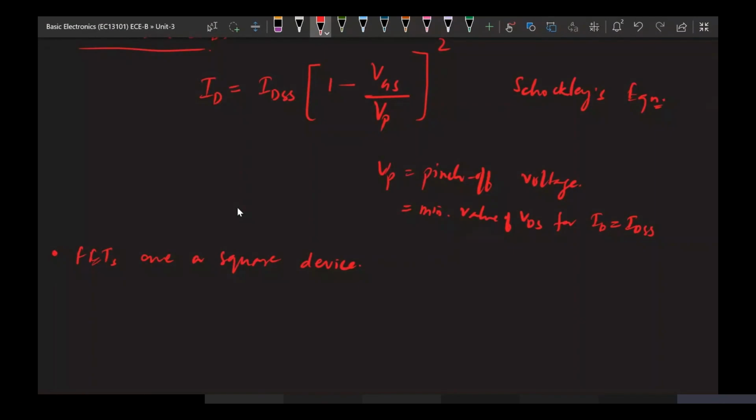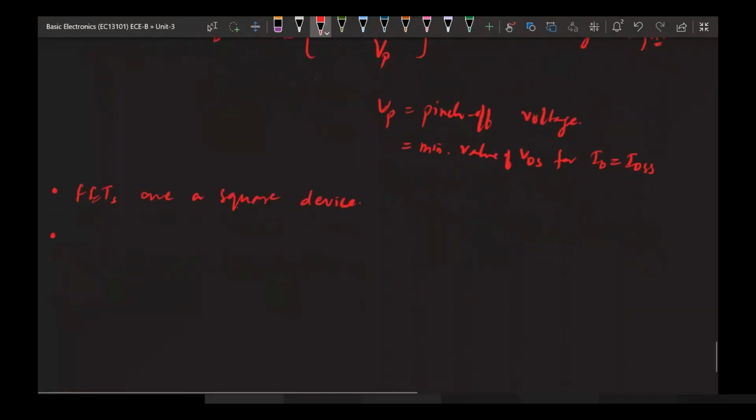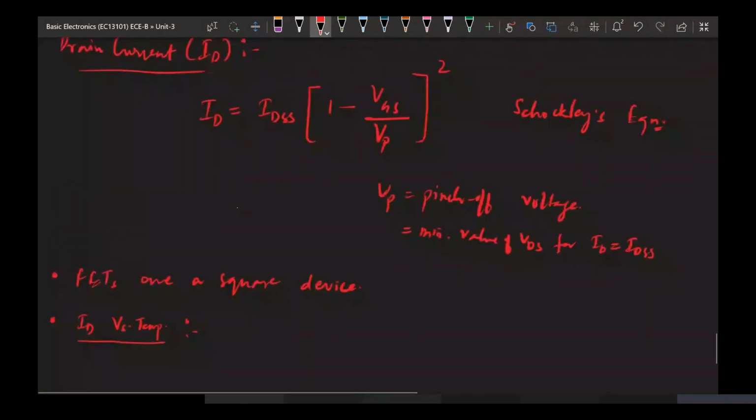That's why it is called a square device. Okay, and also here, if we are going to increase the temperature, then what is the relation with respect to the temperature and ID? So temperature versus ID, if we are going to plot, so this will be like when we are going to have,